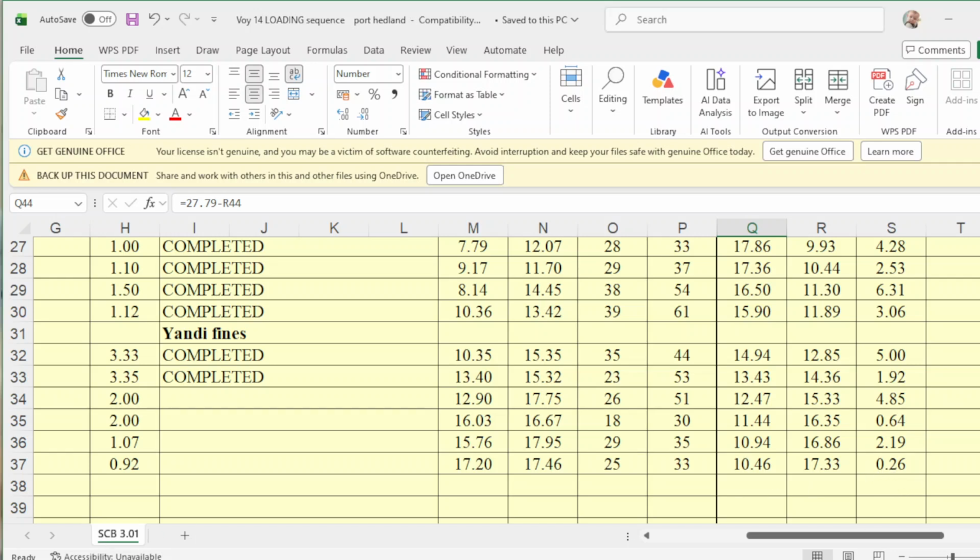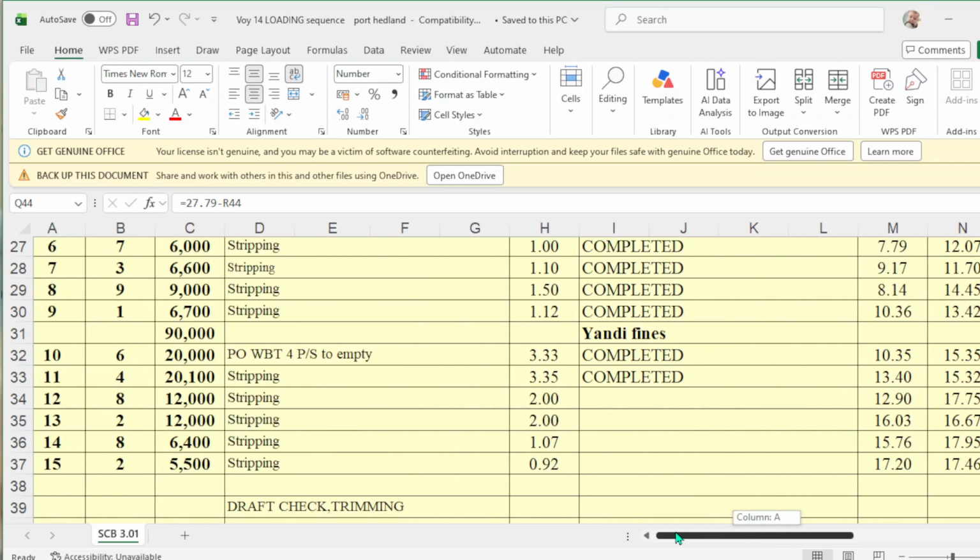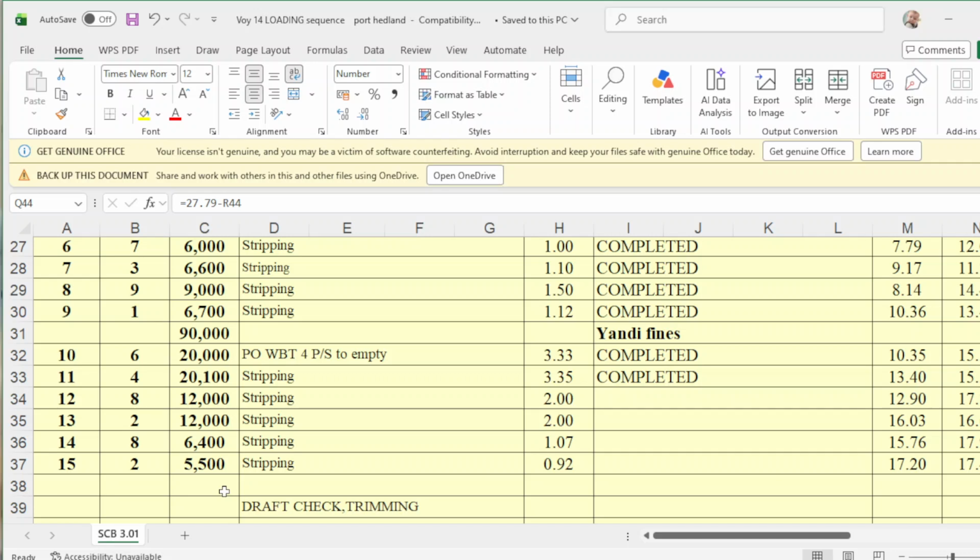So from this pour number 15, the foreman at berth will stop loading and request the chief officer and draft surveyor to make a draft reading around the vessel, forward and aft, port and starboard, so that they will compute how much cargo to load for trimming.